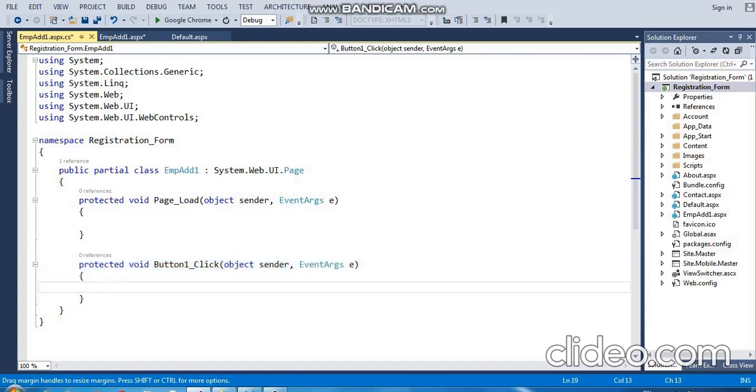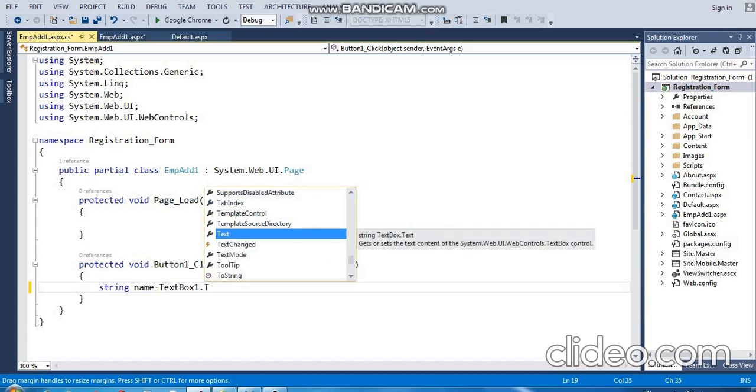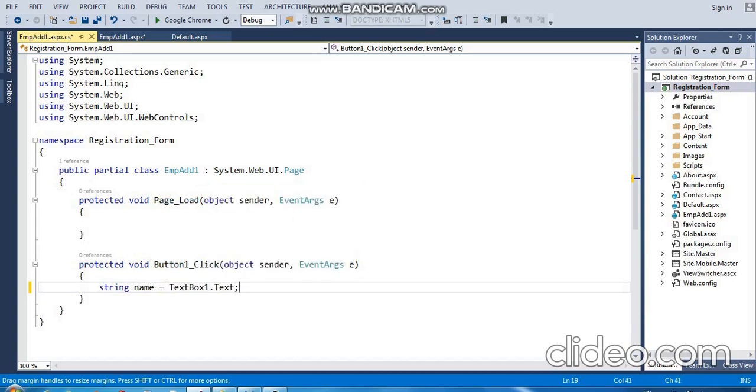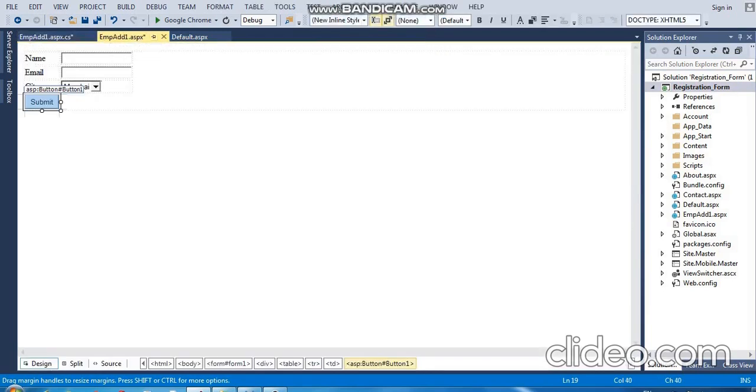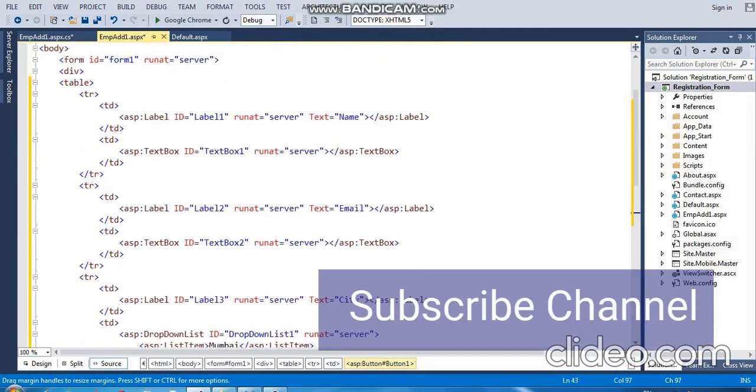Text box 1 is the ID of our first field. As it is seen, this is the ID of our first field, that is name. For email I will do the same.